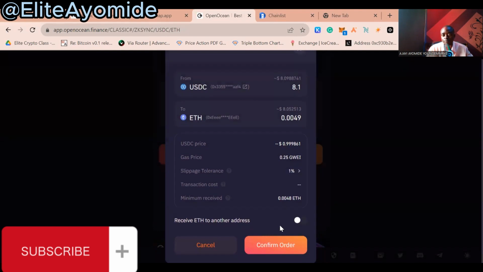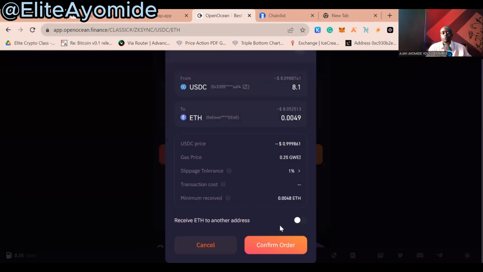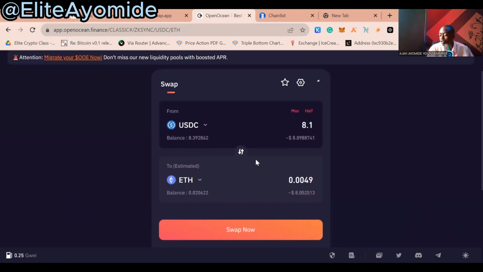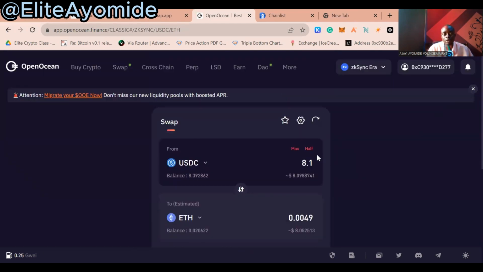So I'll click on confirm. Now confirming this, you can see successfully swapped. I've been given a notification that I've successfully swapped from USDC to Ethereum, right? So now that I've done that, let's try as much as possible to